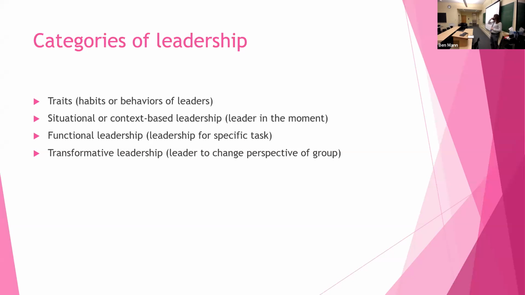Functional leadership is leadership that's focused on resolving a particular task or issue. A good example of this is if you have a tech person or IT person come in and help you and show you how to get some of the things like the projector working. And then a transformative leader are the folks that sort of change your life, right? That provide you with the opportunity to really think about and engage in a topic in a way that you might not have.